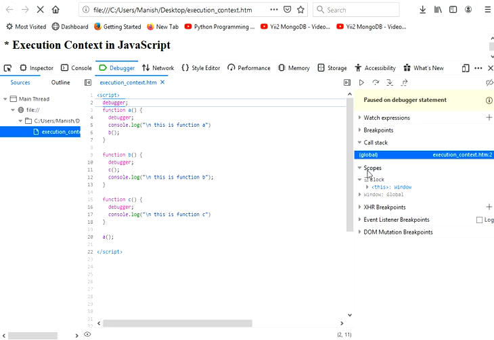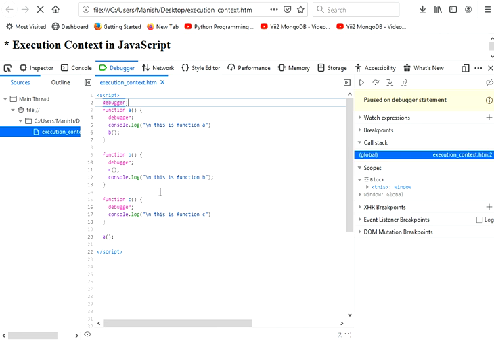Global scope means the global execution context is created by default by the runtime engine. And inside the global execution context, if we are defining or calling multiple functions, then for each function a new execution context will be created. Here, suppose we have created three functions A, B and C.